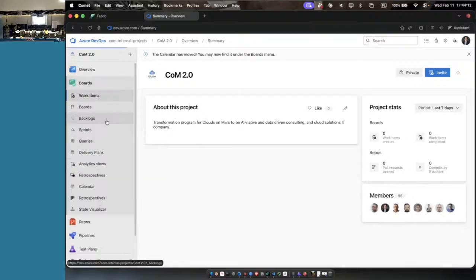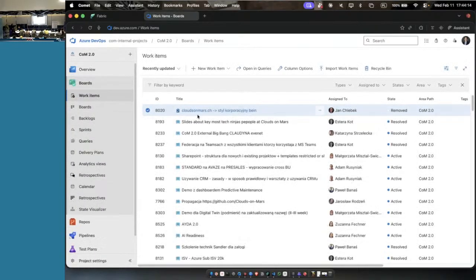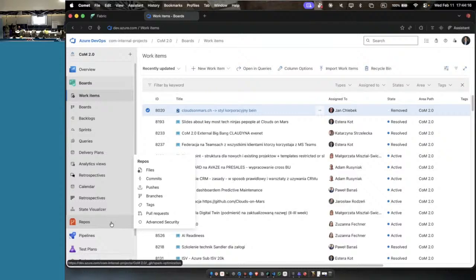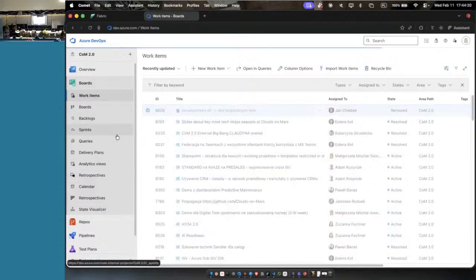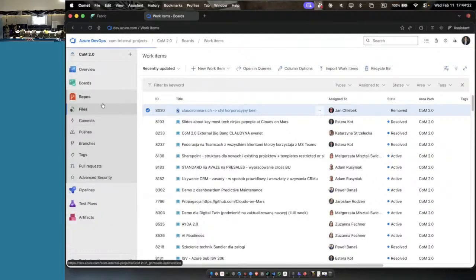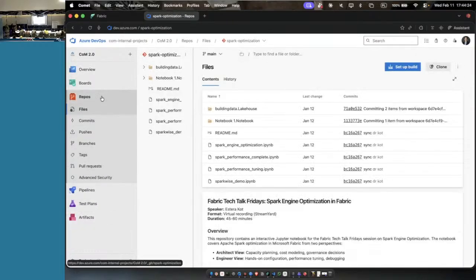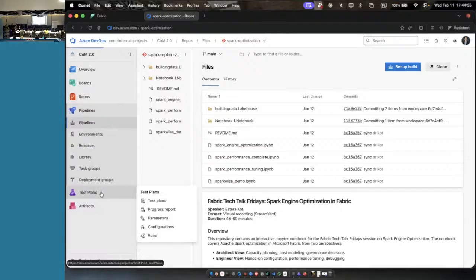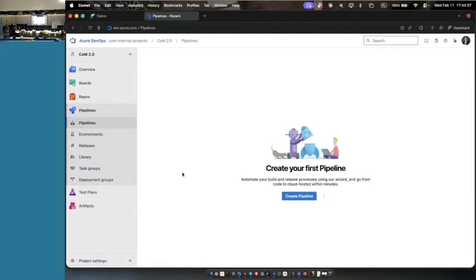Here, I can manage a board with lots of my tasks, so a Jira-like experience. At the same time, what's most important for me are two artifacts. One is repos, so Git repositories. From the other side, pipelines, the descriptive way, especially if we are using YAML or any other types of automation, to build the pipelines. So here, let's take a look.